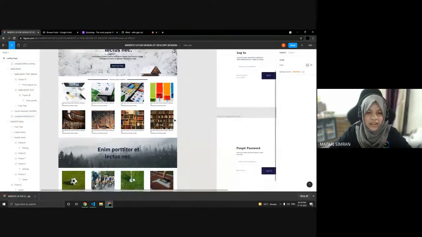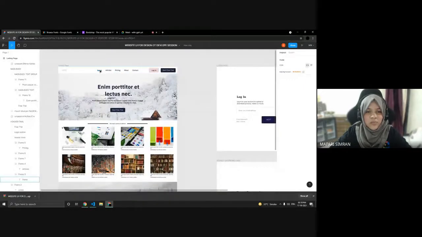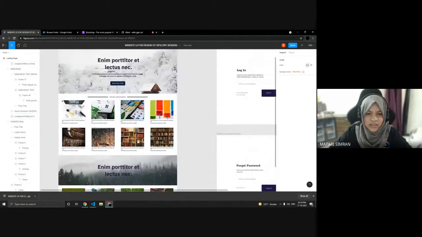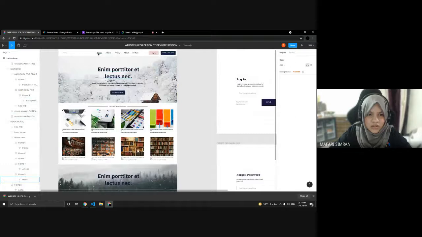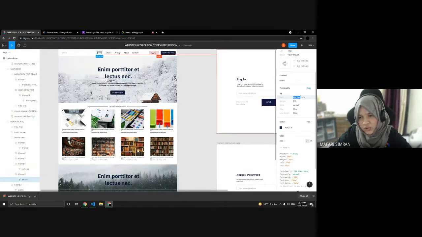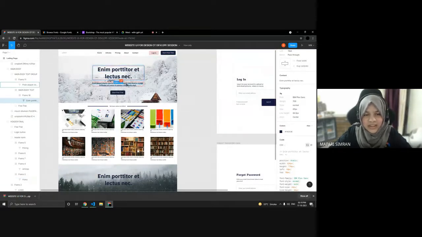Let's inspect one more thing also: what's the font family of this design page? Is it the same or is there something different? So click on the text present in this design, and here you can see the font used is IBM Plex Sans. If I go to another text in this design, that's also IBM Plex Sans.